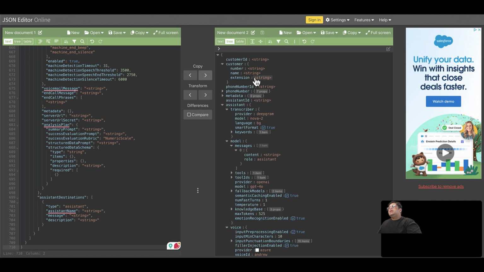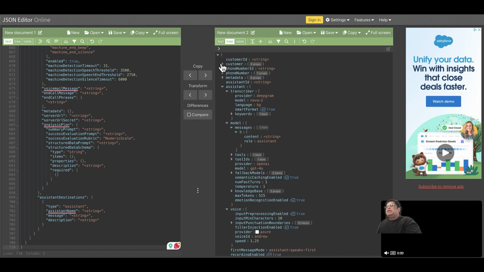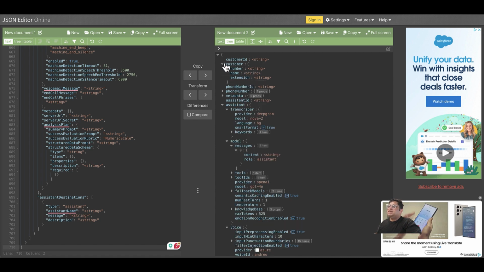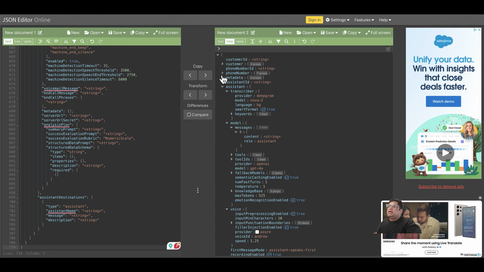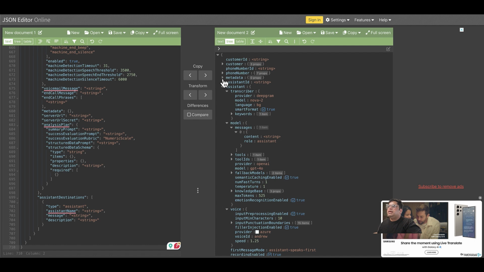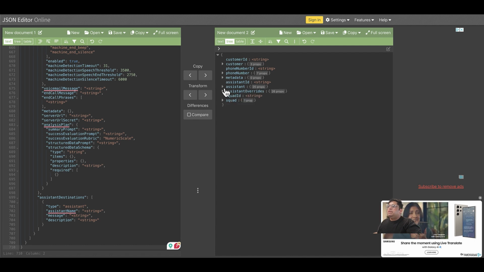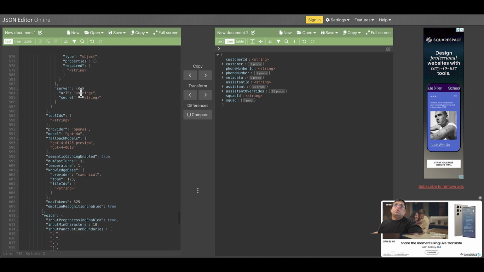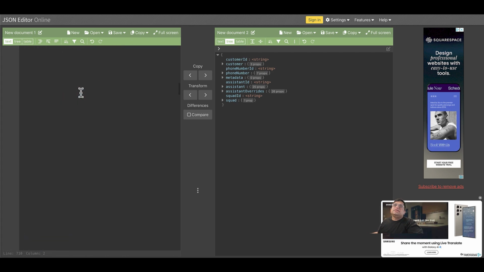Okay, awesome. So now if I fold all these, you see either you can pass a customer ID or you can pass a customer object, and the customer object has three things. So I think we're going to create a customer object at runtime. Similarly, for phone number ID, we already have a phone number. We don't need a phone number object. Metadata, we don't need metadata. We do need an assistant object. Assistant overrides, squad ID, I don't need them. So what I'm going to do in this is,